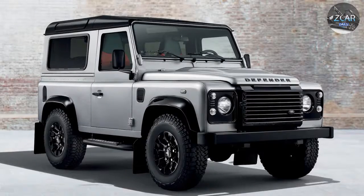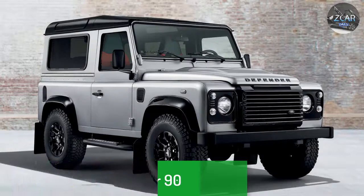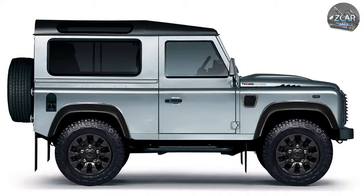The sixth position in List 10 quintessentially British cars is the Land Rover Defender 90. The Land Rover Defender was Britain's maximalist response to the pickup truck, modifying the agricultural, post-World War II models for true drivability by introducing a more civilized coil spring suspension and a range of new engines, creating the ultimate